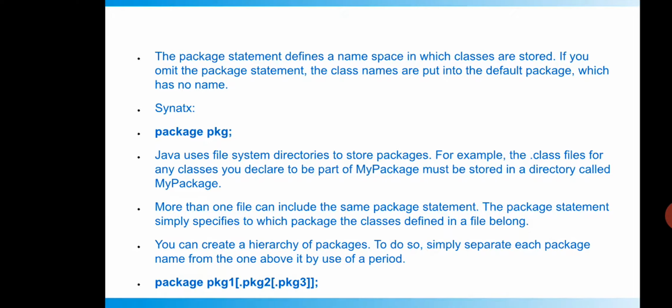Now what they are trying to say is, when you have mypackage declared in a particular class file, that has to be stored in the mypackage directory itself. It is the same thing: whatever class name has the main method, the same name has to be given as the file name, isn't it? The same concept applies here with respect to directories. A directory is a kind of package, a kind of box where all the rest of the classes are put inside. That box is nothing but a package. You can imagine it like that, just for the explanation.